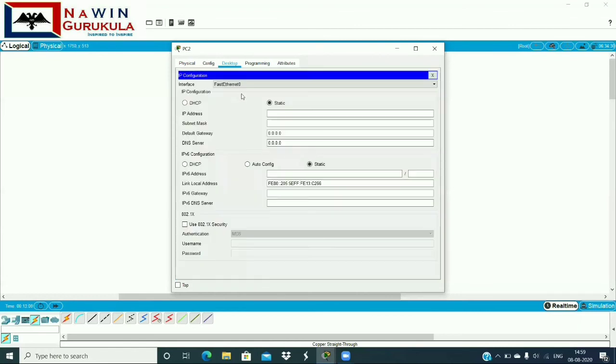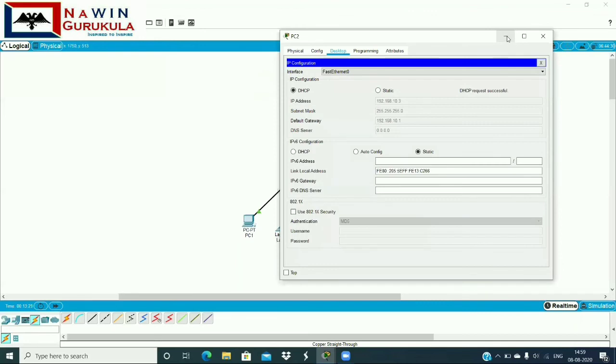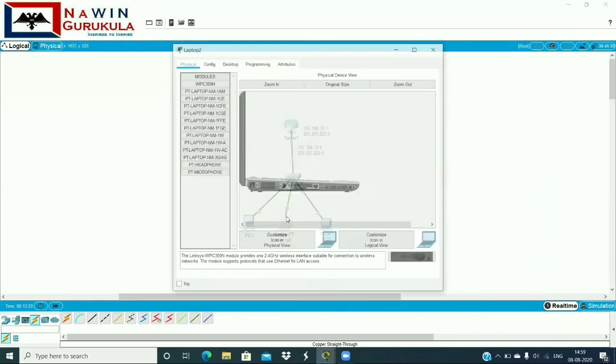Now you can check the IP address. Initially it is not having an IP address, so you could statically give one, but here we are using DHCP, so we'll request for DHCP, and DHCP has already assigned a dynamic IP address to PC2, that is 10.3, and the default gateway you can see is 10.1, what we have assigned to the interface. Let us check in the other end devices too.